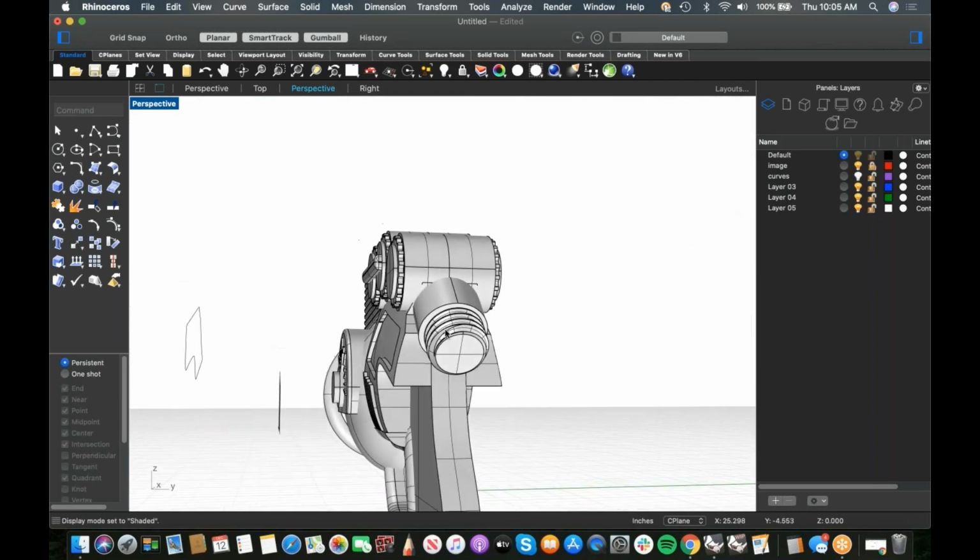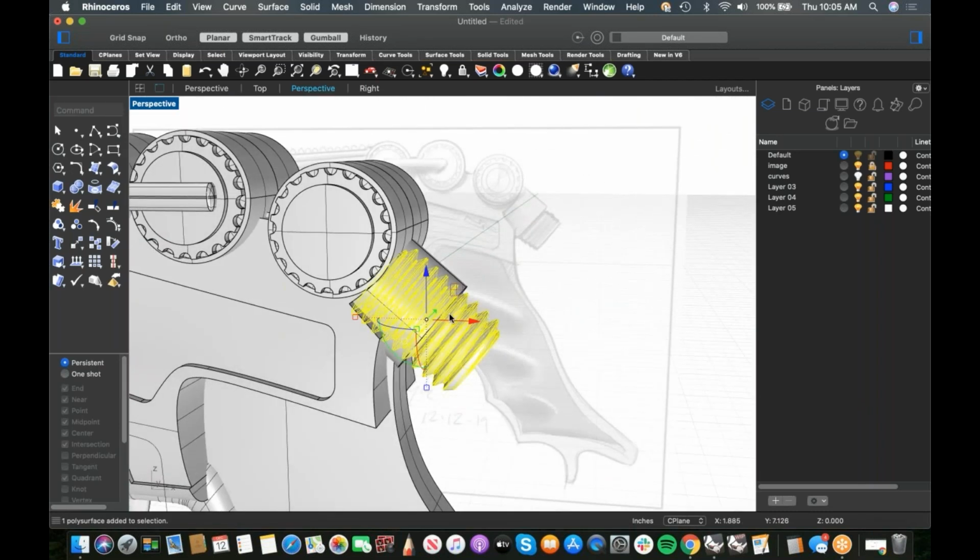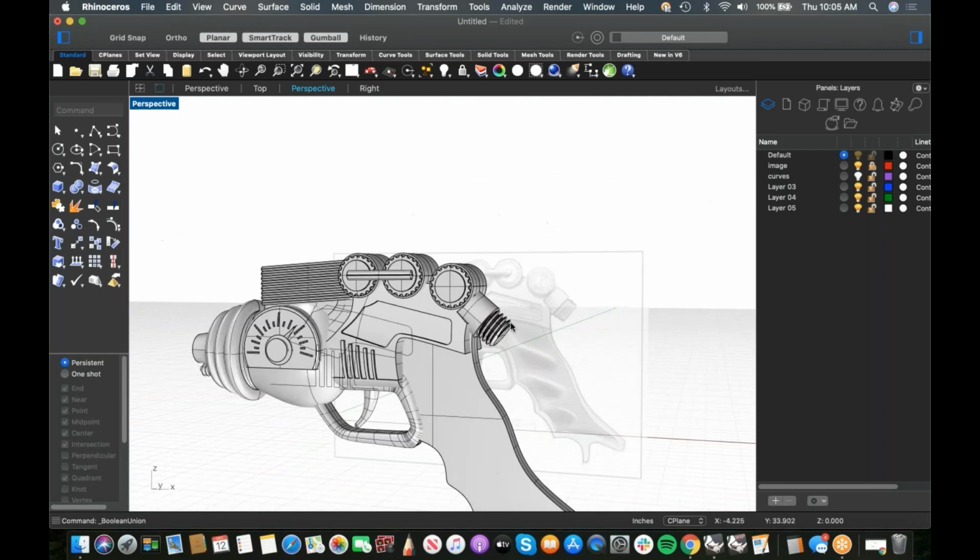So I'm going to take this and this. I can Boolean this together. I don't have to, but it works well. The models are really high quality. So now the last thing that we need to do